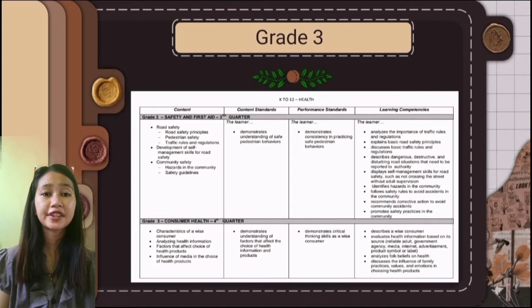Sa content standard naman, it demonstrates understanding of factors that affect the choice of health information and products. Next is yung sa performance standards, it demonstrates critical thinking skills as a wise consumer. At sa learning competency naman ito, evaluates health information based on its source of its reliable adult, government agency, media,